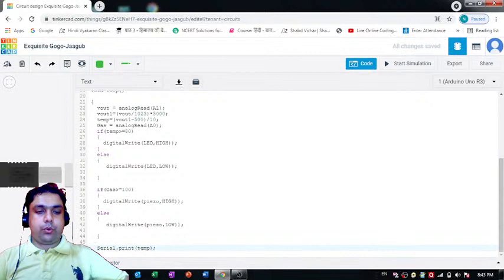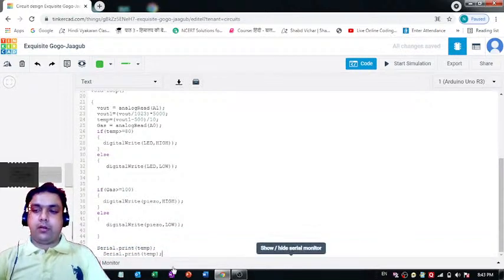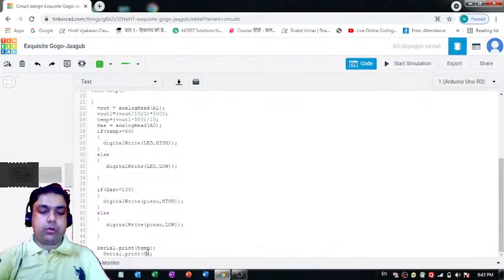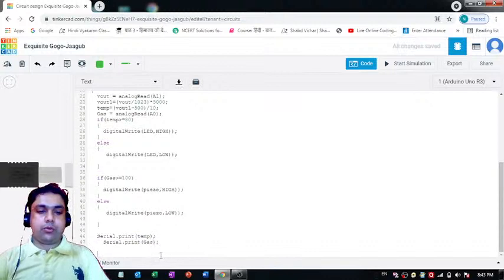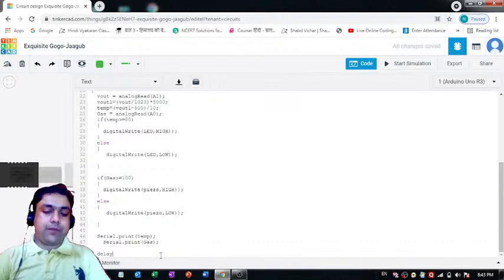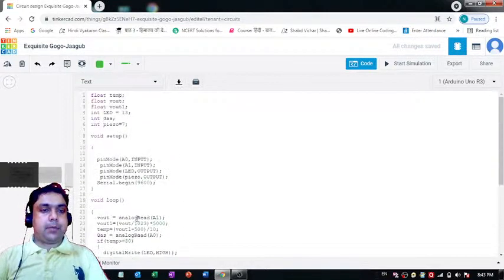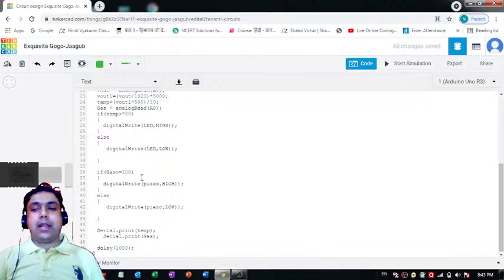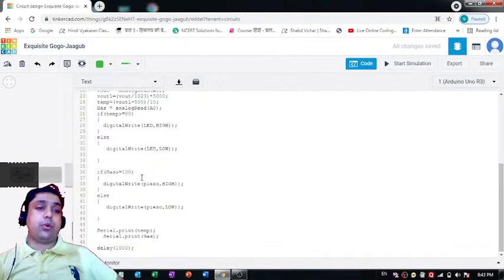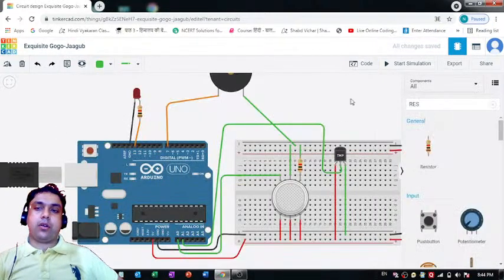And if you want to see the value of, let's say, gas also, you can use gas over here, and then let's define a delay also of 1 second, let's say. Closing the bracket, I think I'm done with defining the whole code. Now it's time for us to run this code and check the output, whether we are going to get the desired output or not. So if I start the simulation process,